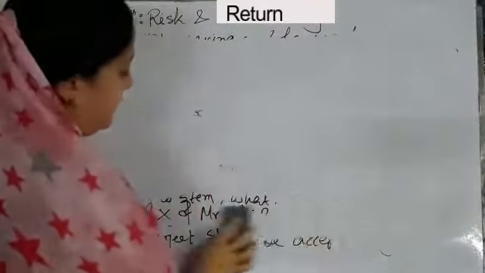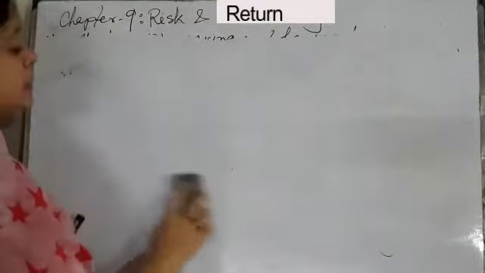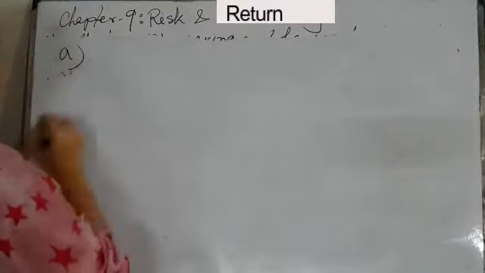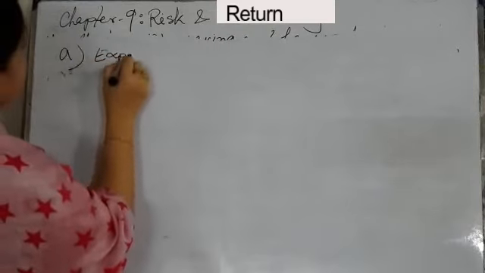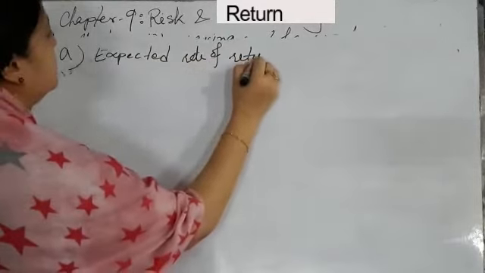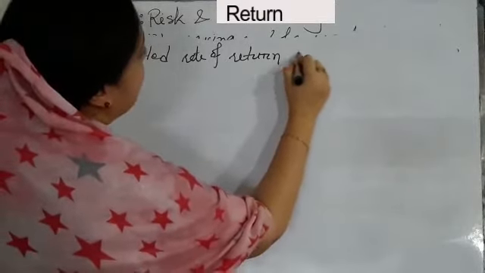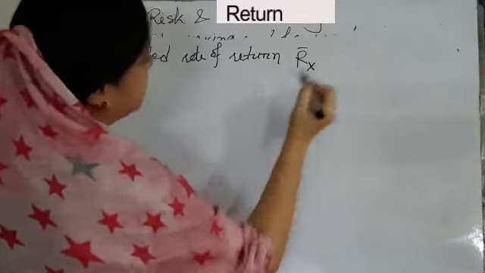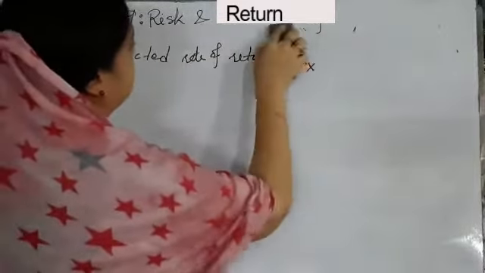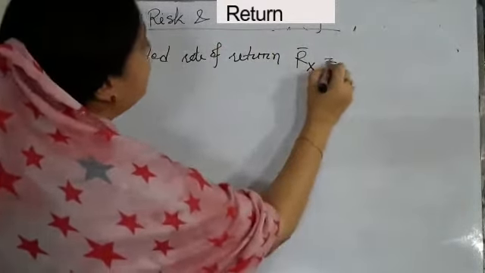To find the standard deviation of project X, first we have to find the expected rate of return of project X. So requirement A, first the expected rate of return of project X, it means R bar X. The formula is